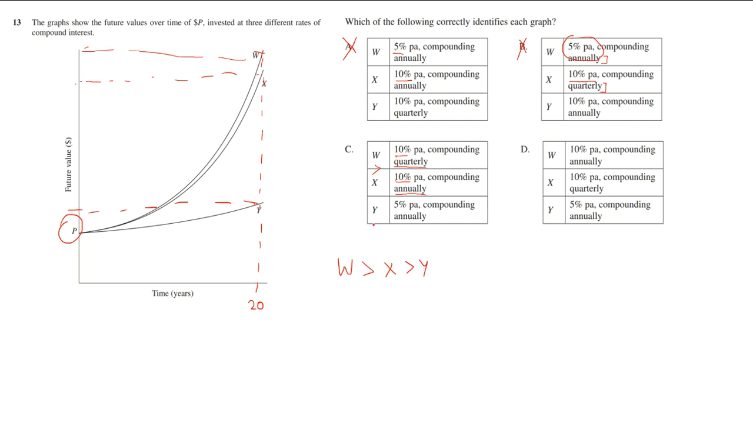And then coming to the next part, X, we compare it with Y. Y is earning 5% compounded annually, whereas X is earning 10% compounded annually. So X is greater than Y. So your correct answer would be